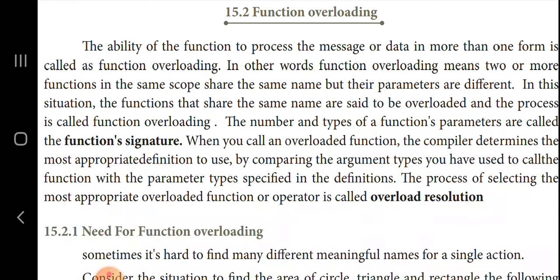Okay. If you want to draw a circle, it gets the value of the radius. If you want to draw the rectangle, then it gets length and breadth as parameters. That is the data passed on to that function. In this situation, the functions that share the same name are said to be overloaded, and the process is